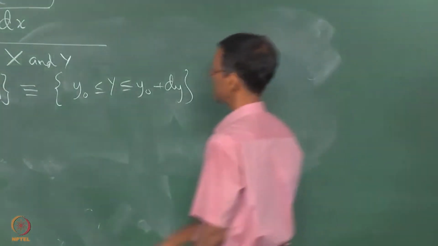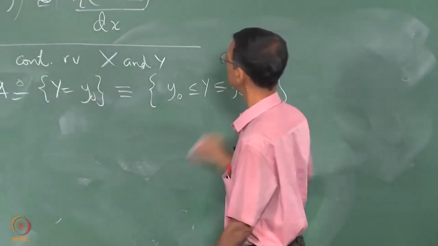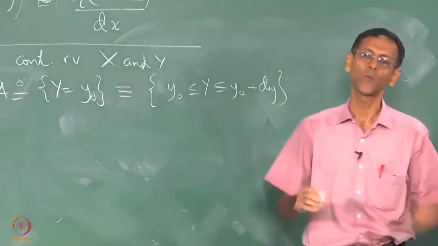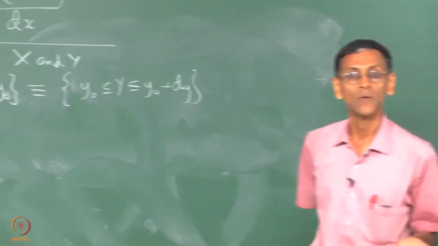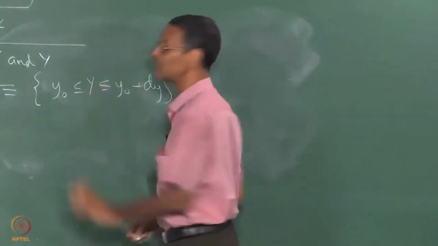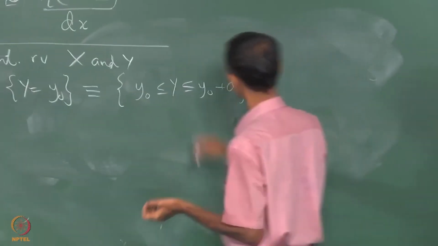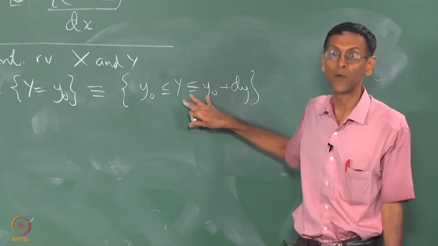After all, y naught has to be measured to some precision, and there is some imprecision in the measurement of y naught. I am going to write it like this. So y naught is actually one of the possible values of y, it is not an impossible value. So this event will have a vanishingly small probability, which will be the density function of y at y naught multiplied by dy,